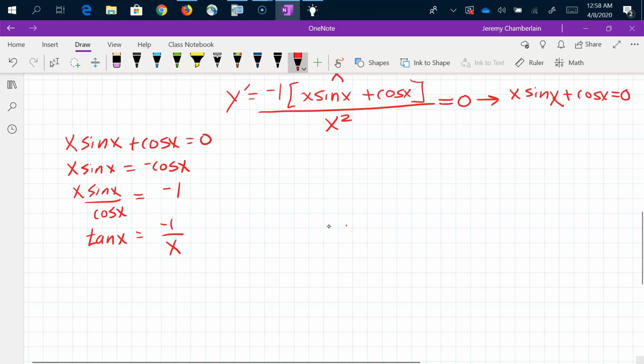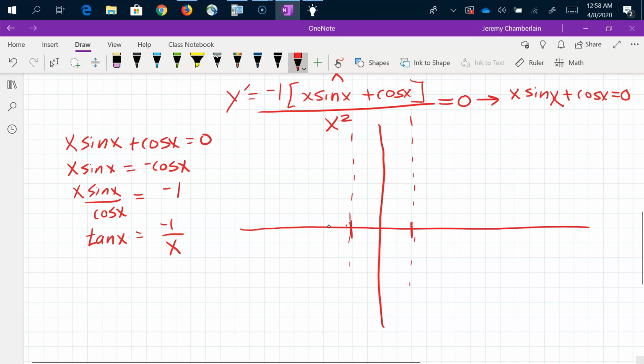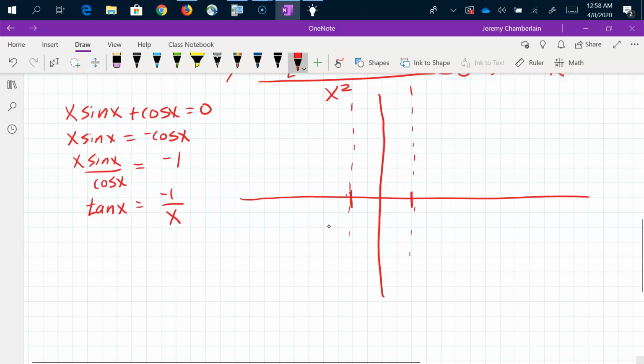So I know what the tangent function looks like. I'm going to quickly draw a sketch of that. And I'll put a tick mark here, tick mark there, and I'll put my vertical asymptotes here. And if I draw this quick, maybe I can be more accurate because I'm not a very good sketcher by pressure. Okay. And if I do this again,